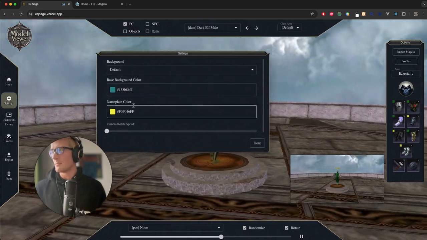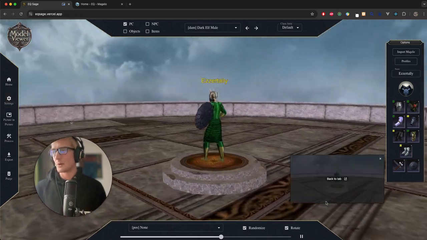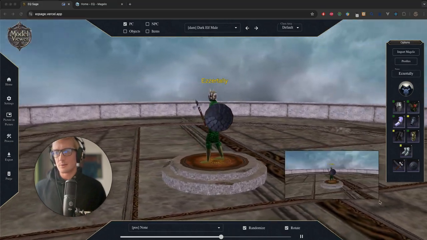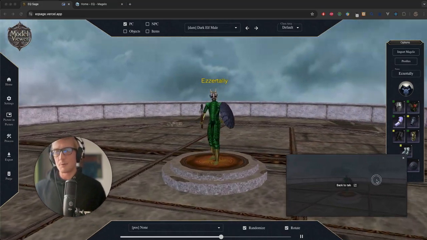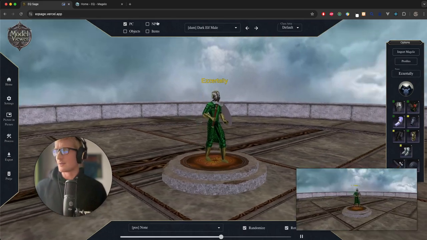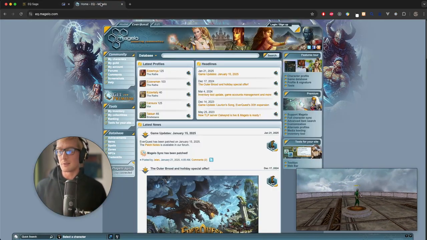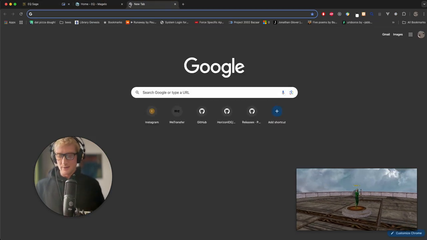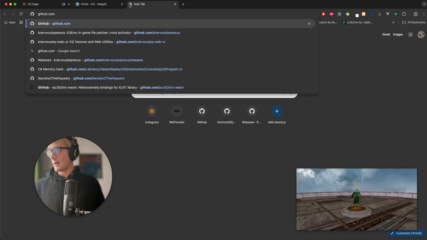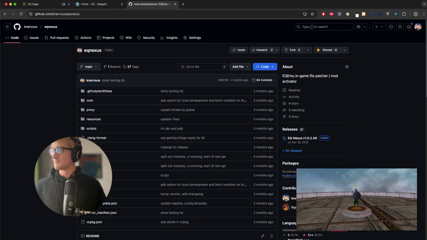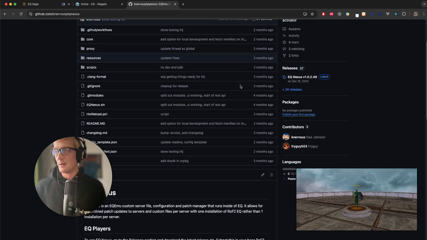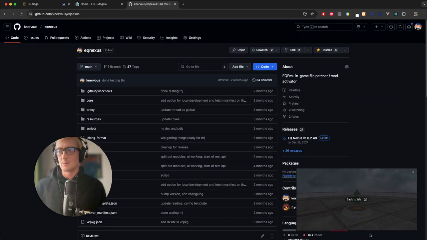And you can change your nameplate color and the rotate speed here as well. So this is a stream. I'm sure everybody has seen this somewhere from Netflix or Facebook or whatever else. It's going to sit on top basically, no matter where you are. So I can go hang out in my favorite websites, my GitHub, and see my character hang out there